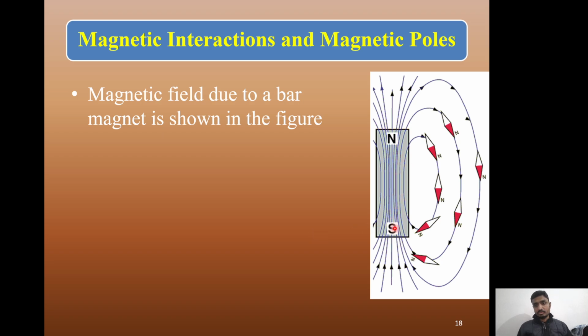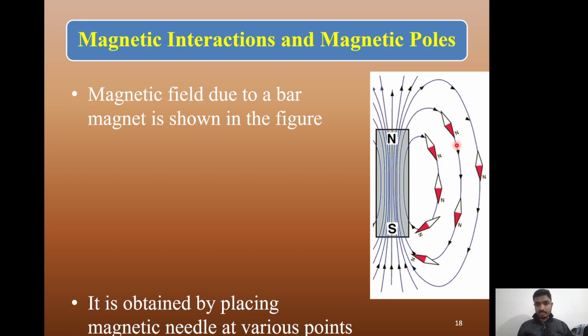Magnetic field due to the bar magnet is something like this: at the south pole, as we have just seen, the magnetic field enters inside the magnet, and from the north pole it emanates. From the north pole, the magnetic field lines emanate and enter towards the south pole. So, if you put small tiny needles in nearby places to this bar magnet, the needle would be aligned in this way, okay,